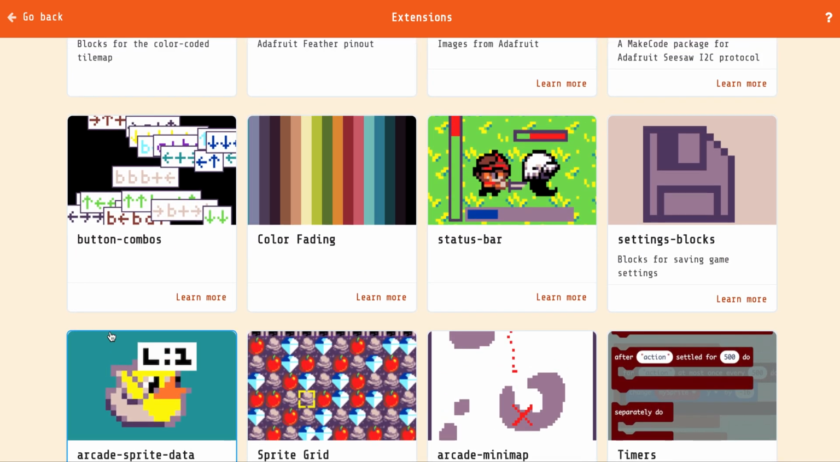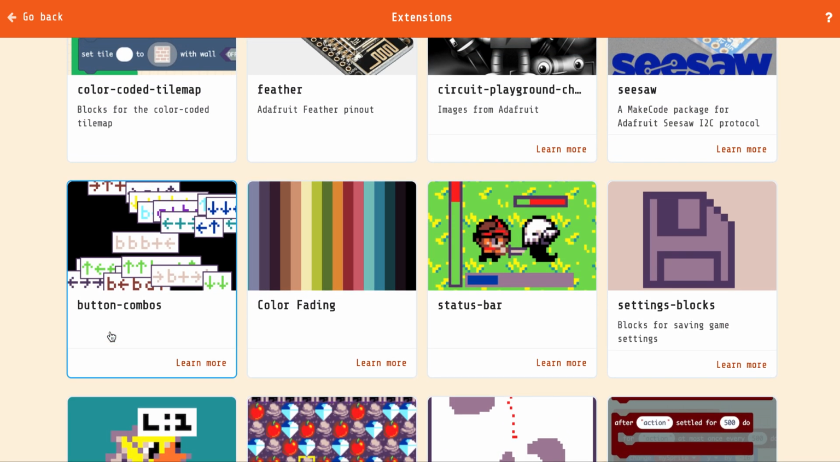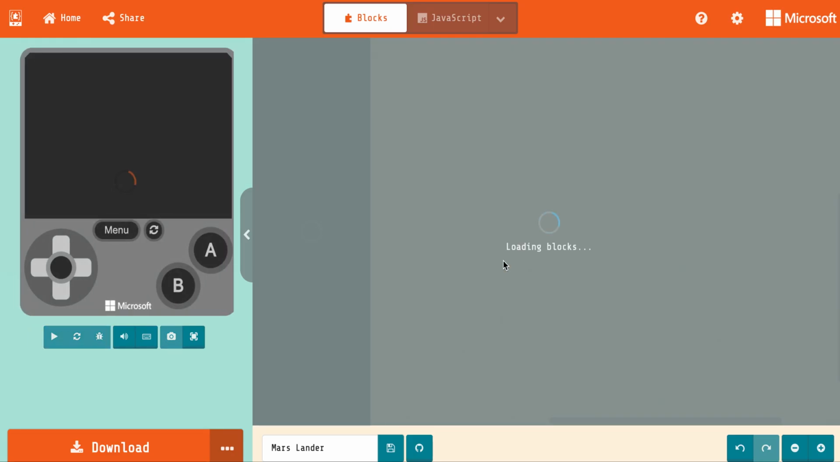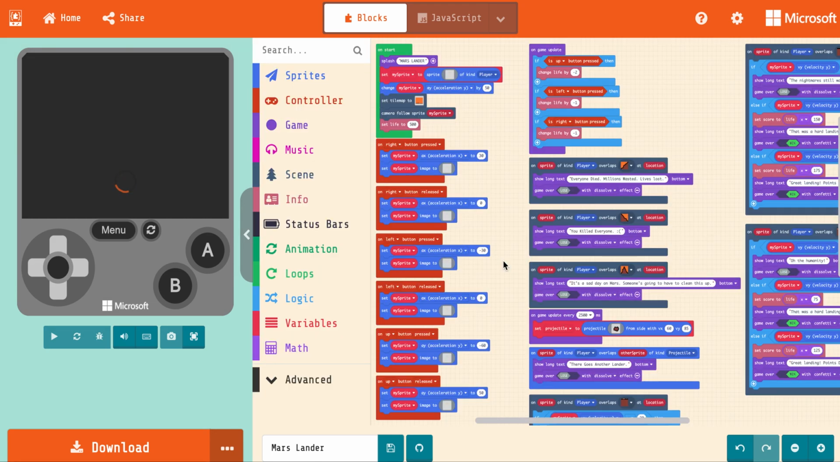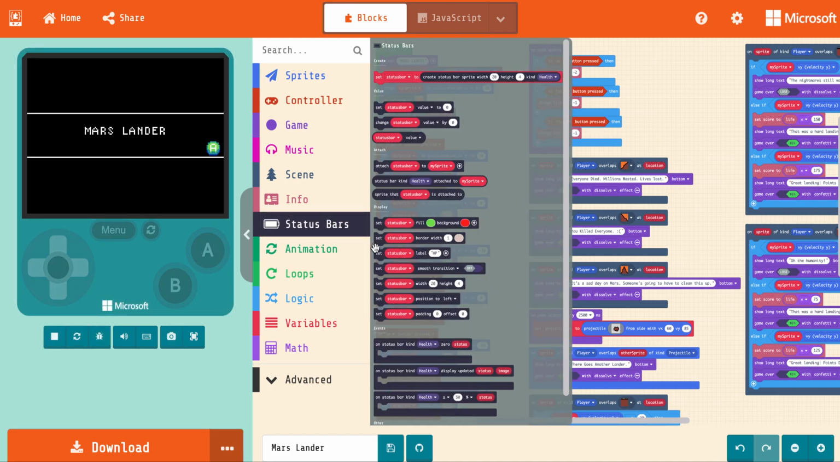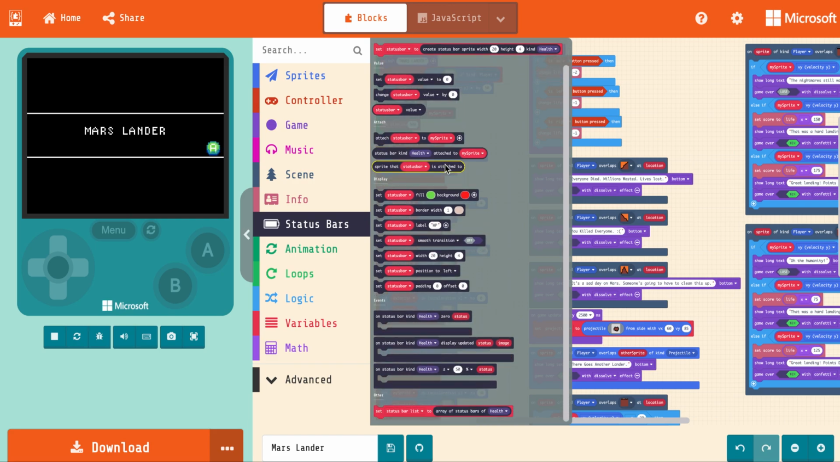Go and explore those. And if you see one that you like, here's what you do. Let's say I want to have the status bar code options. All you have to do is click on it. It's going to take you back to your Makecode Arcade platform. It's going to refresh it, and then look, now you have an option for status bars. And look at all of these. You can set a status bar sprite width, how you want it to look,